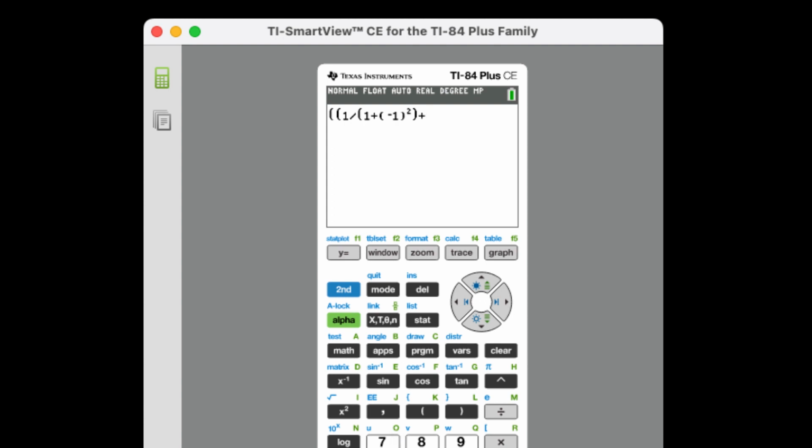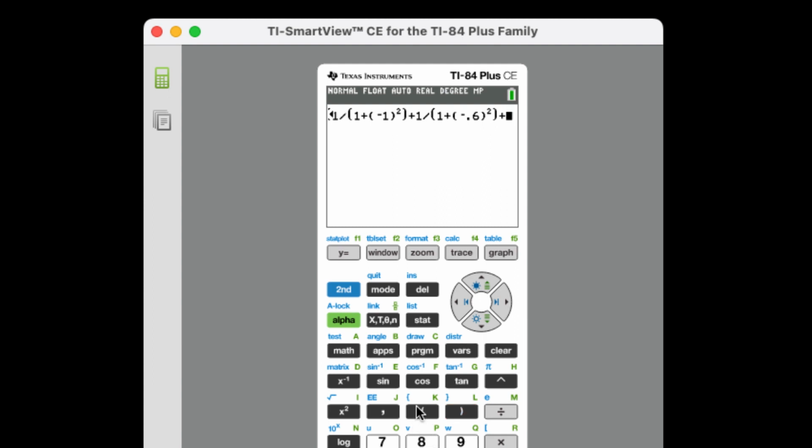Plus 1 divided by 1 plus, now I'm going to enter a negative value again. Negative 0.6. Close that, square it, close your parentheses,